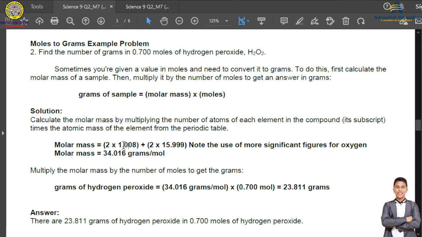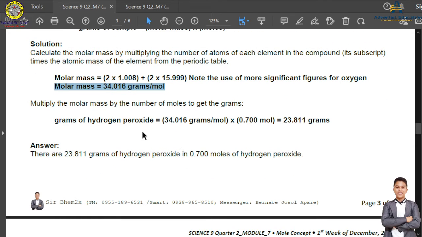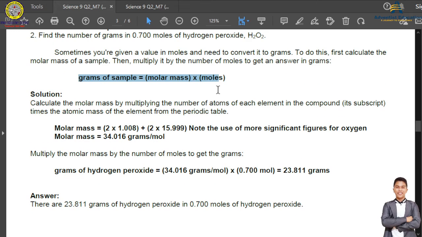Here, multiply by 2, then add the 2 in order to get the total atomic mass. So our total atomic mass for the hydrogen peroxide is 34.016 grams per mole. Let's proceed. To find the grams of hydrogen peroxide, we are using multiplication. Use this formula: the grams of sample equals the molar mass, which is 34.016,